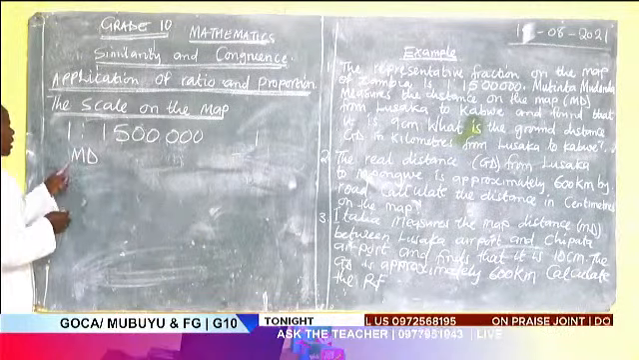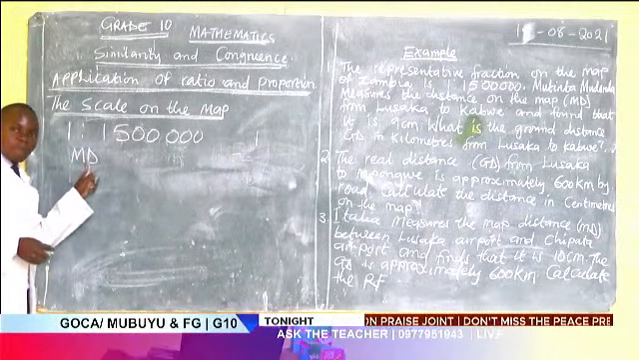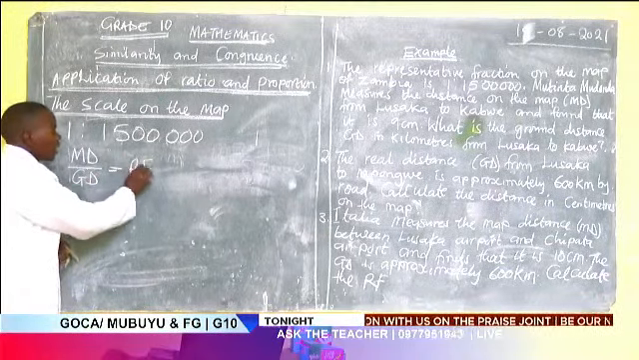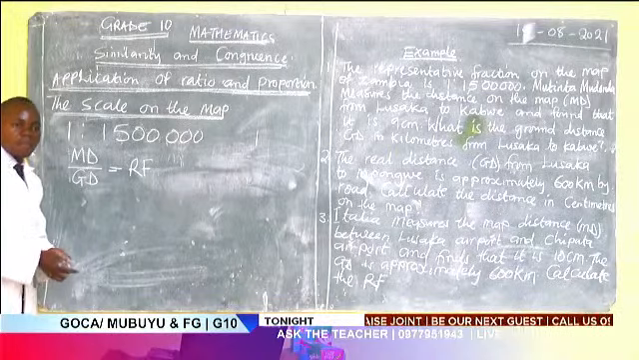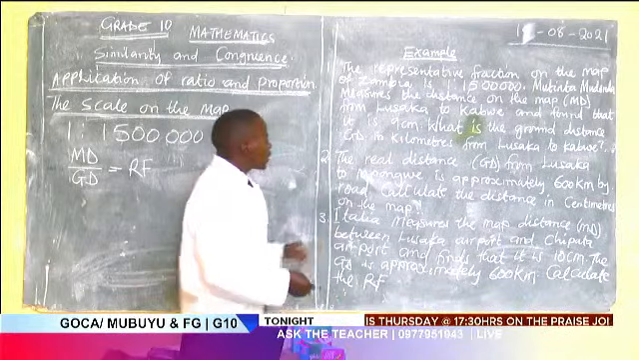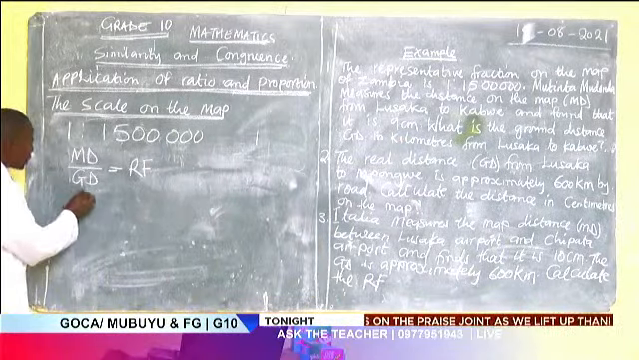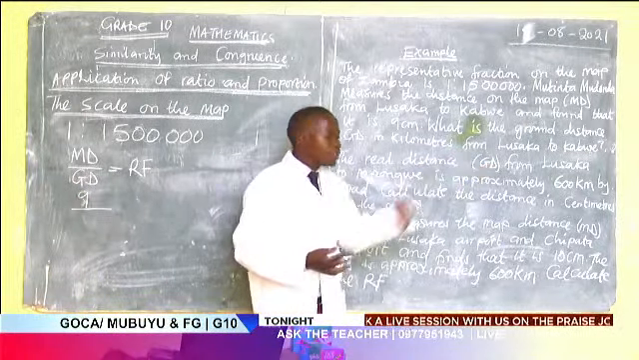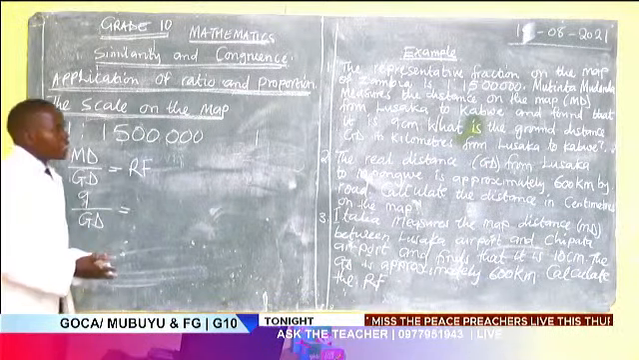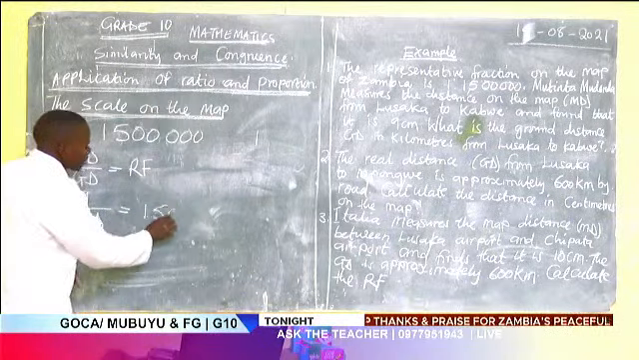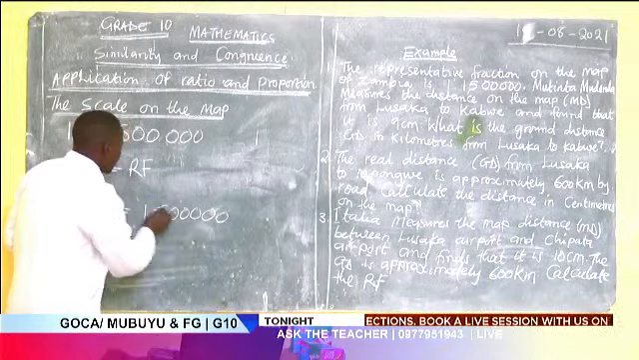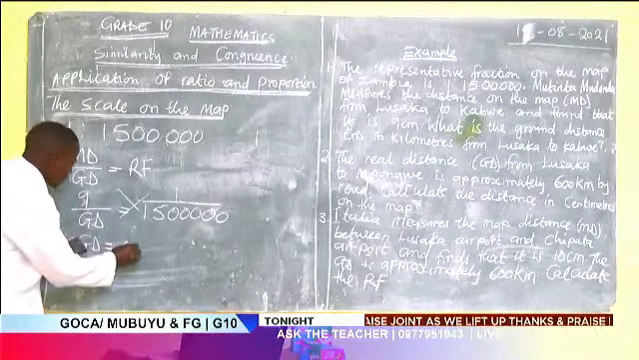MD, which is the distance on the map, and GD, the distance on the ground. So we can say RF, which is the representative fraction, and the distance on the map is 9 centimeters. So we shall write the one that we want to find. The representative fraction, 1 over 500,000, so this one can be 9 times 500,000